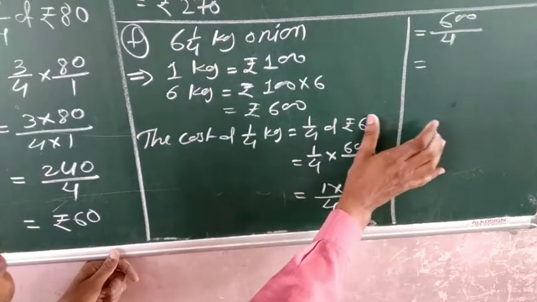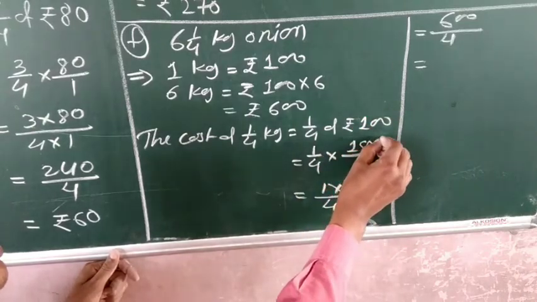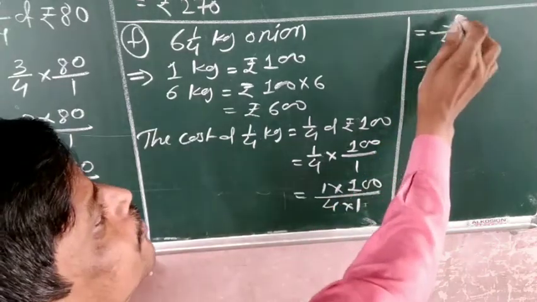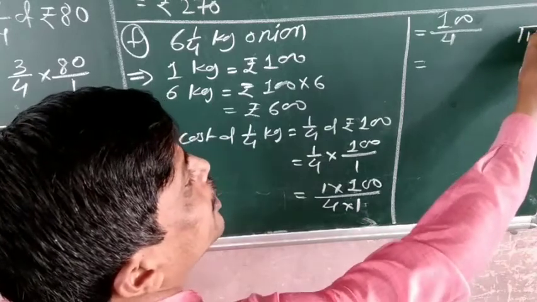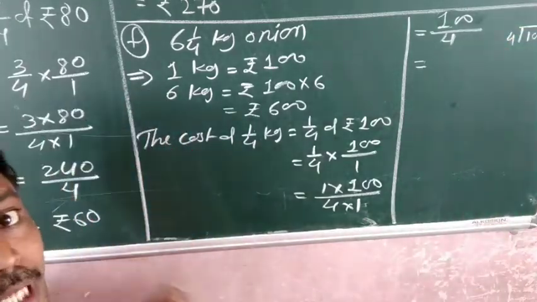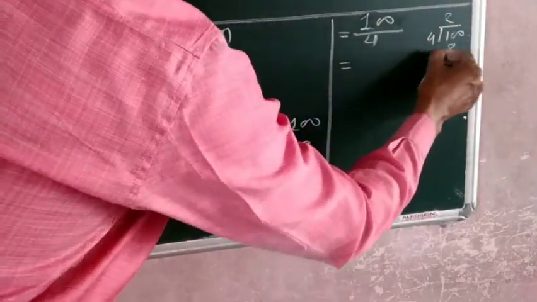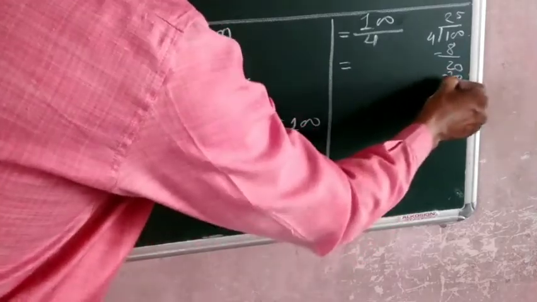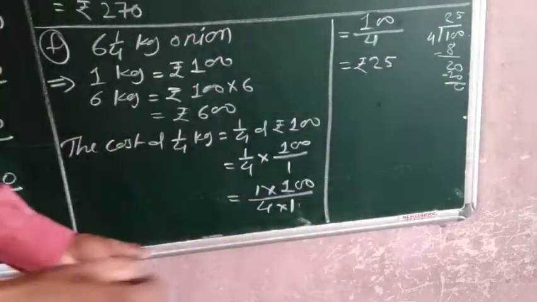सॉरी, ये गलती हुआ बेटा. ये क्वार्टर यहाँ पर 100 चाहिए था, तो क्वार्टर ऑफ 100 होगा बेटा यहाँ पर. Quarter of 100, and then 100 1s are 100 and see it is 100. Now quarter of 100 करेंगे तो 100 को जब हम divide करेंगे 4 से तो क्या होगा बेटा आंसर आपका? देखिए 4 2s are 8 and it is 4 5s are 20. So this is equal to rupees 25.